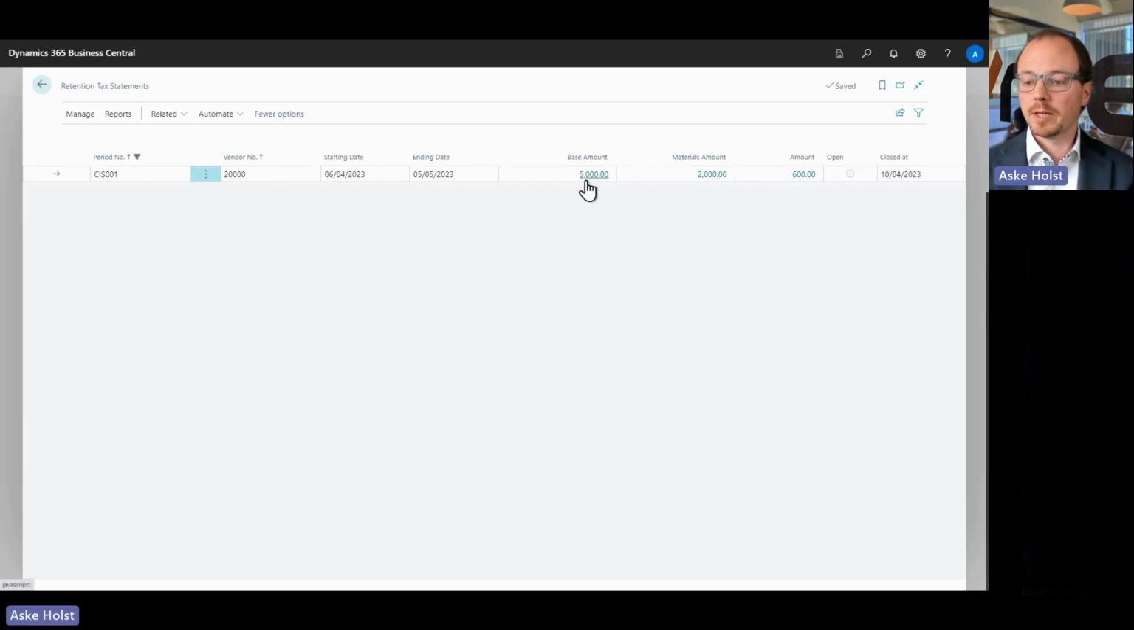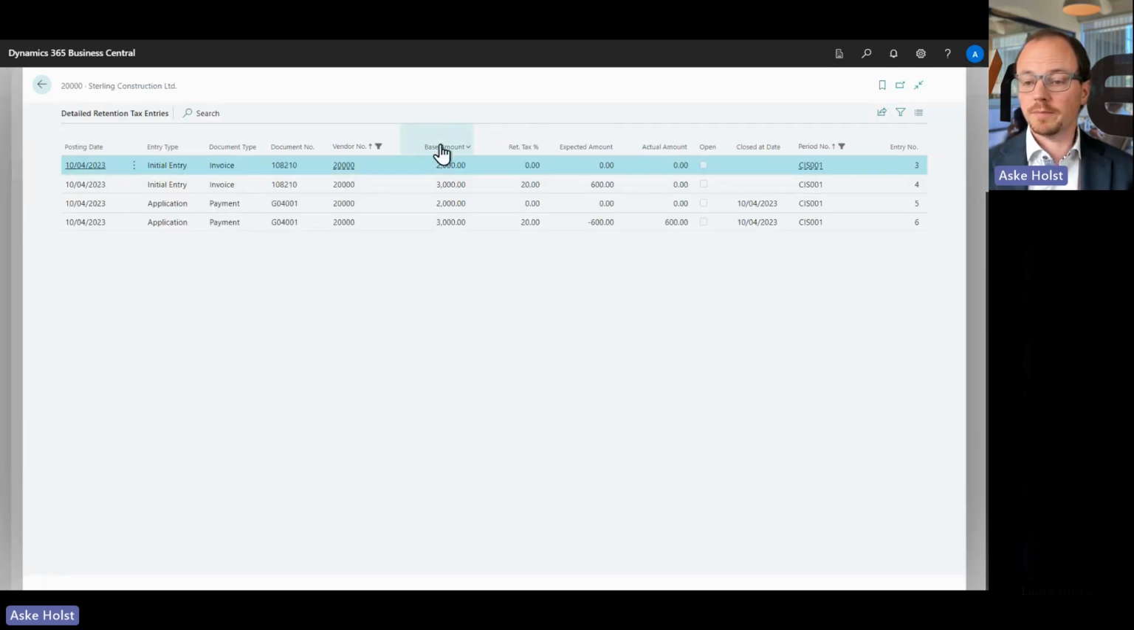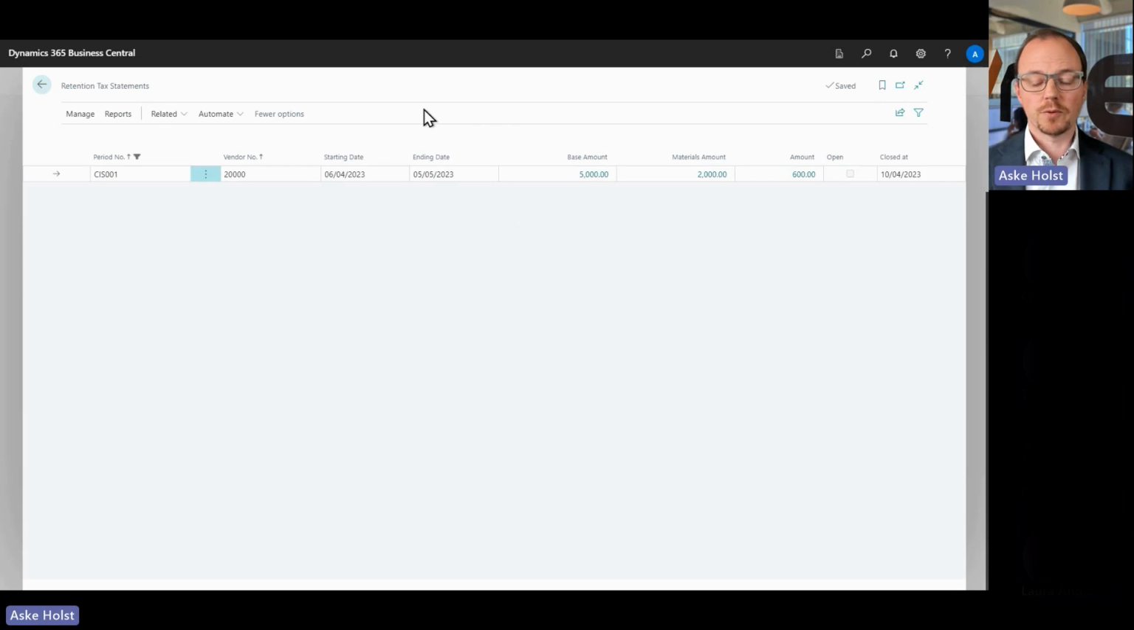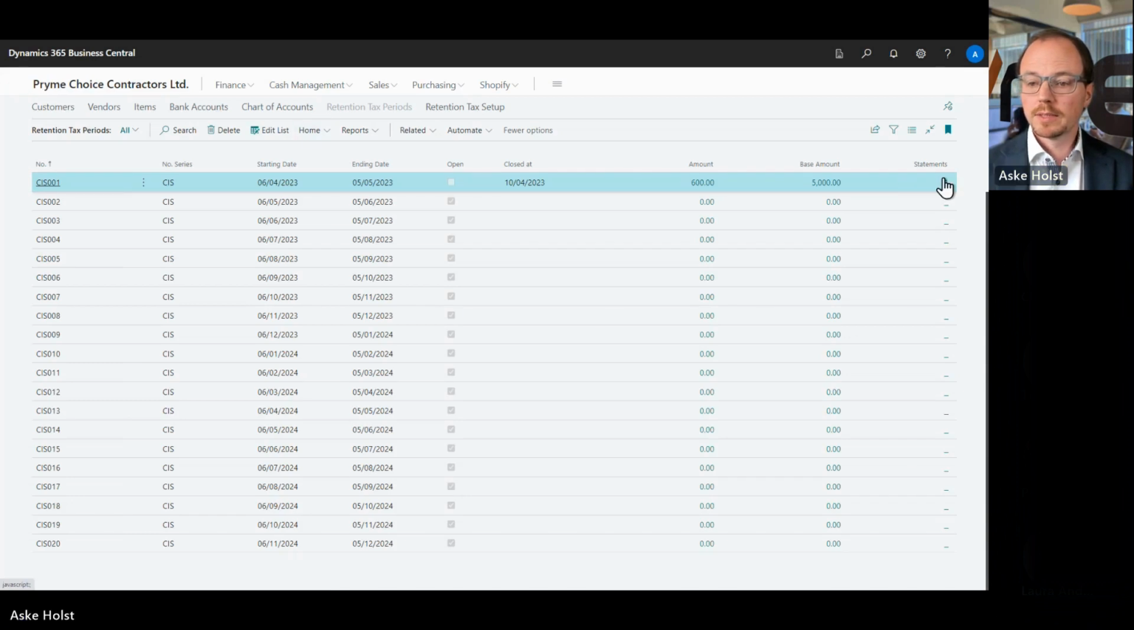And we can see here the base amount being 5,000, materials were 2,000, and the amount withheld was 600, which was, of course, the 20% of the 3,000 of labor. So this is the basis for what I will send to the HMRC. And this could, of course, be something I manually go in and put in. And we also have a function in here to submit the statements,